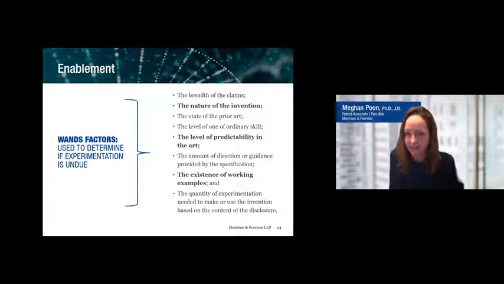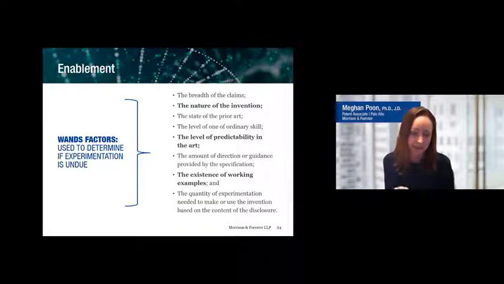Now, on the one hand, that actually can be a good thing in terms of IP protection, because the unpredictability can lead into arguments of non-obviousness. So, say it's unpredictable whether a particular drug will work to treat a particular cancer. You just don't know until you try. Well, that's a great non-obviousness argument. It's not a great enablement argument, because the examiner or the court can come back and say, well, you've only shown that this drug works to treat these 3 diseases. Why should you be enabled for treating any old thing?